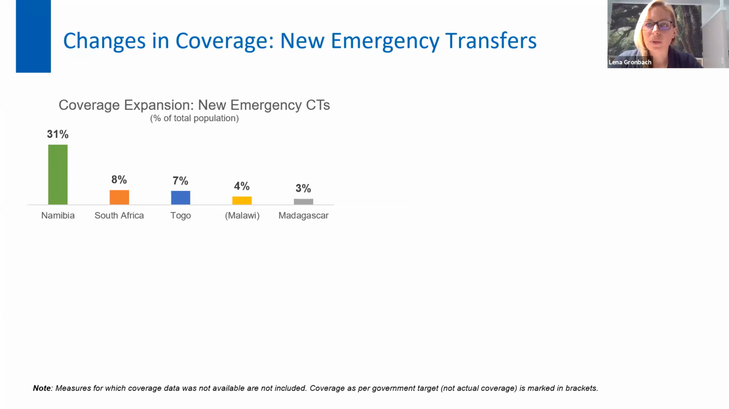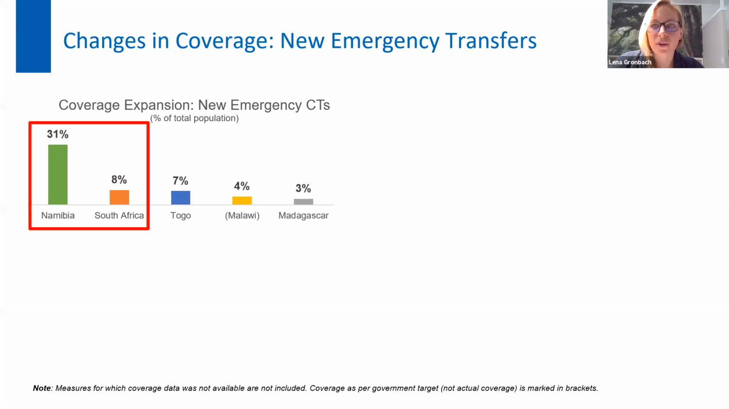Then the next thing I want to zoom into a little bit is changes in coverage. So really expanding coverage of programs to new beneficiaries, new beneficiary groups. And the graph on the left shows the emergency cash transfer programs that were introduced. And those are the 5 largest ones in terms of coverage of total population. So as you can see,